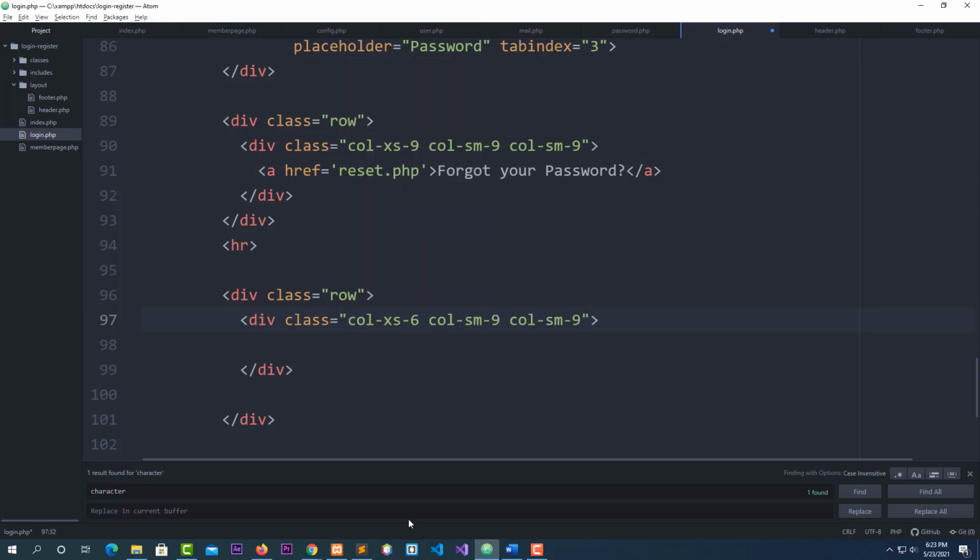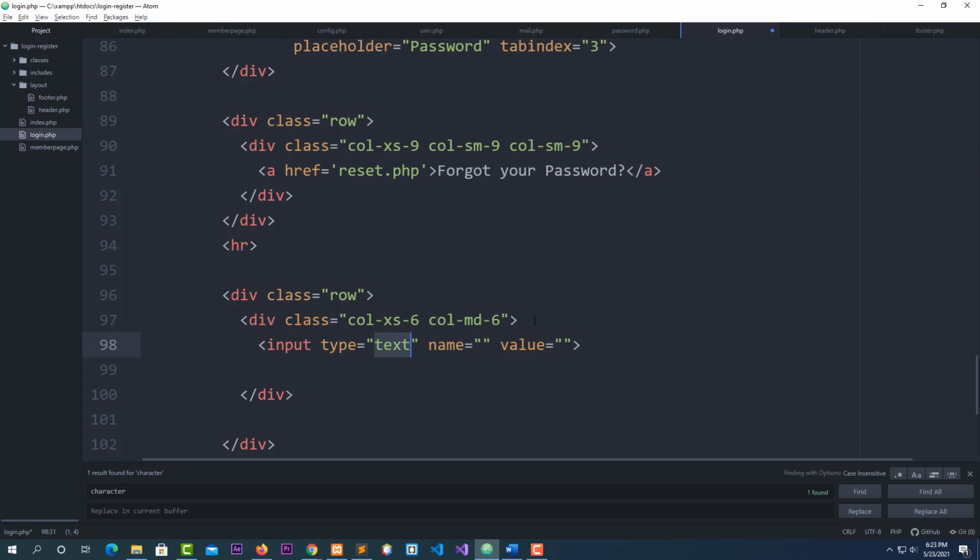Instead of 9, put a 6. It should be col-md-6. And inside of it, this is where I'm going to pass my input